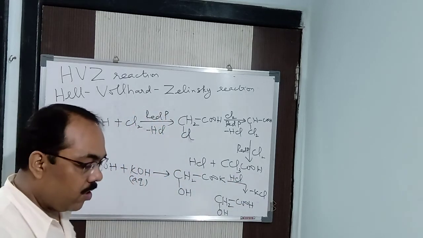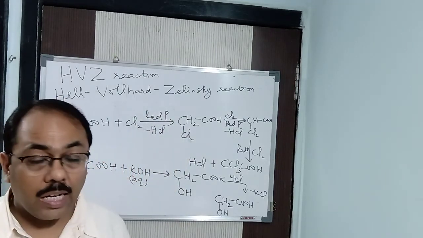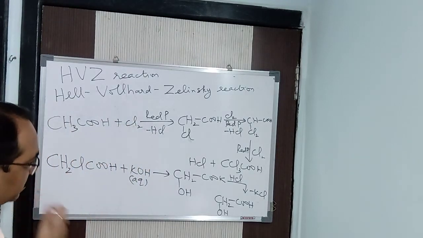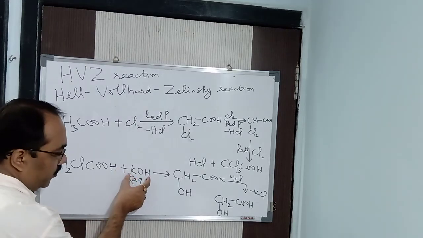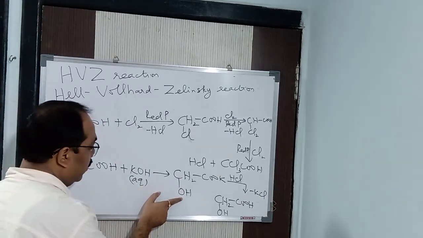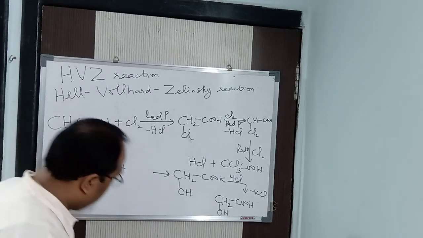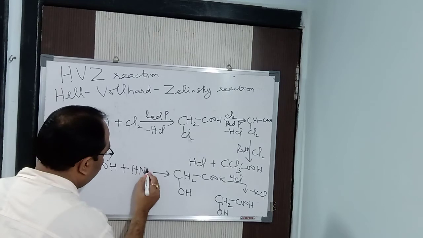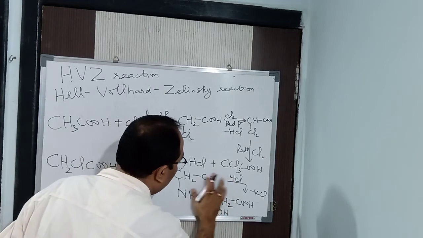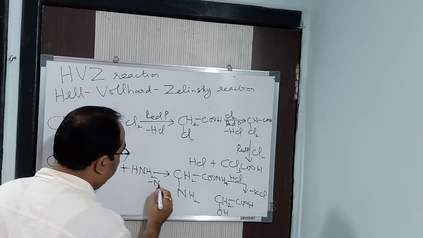So what is this compound? It is nothing but known as glycolic acid. Glycolic acid. Clear? Now suppose you take here ammonia, or any ammonium compound, but let us take ammonia. So here you will be getting CH2NH2. Let me write it down, that will be better. If you take ammonia, NH3, so you will be getting here NH2, and here you will be getting COONH4, and you will be getting here NH4Cl.